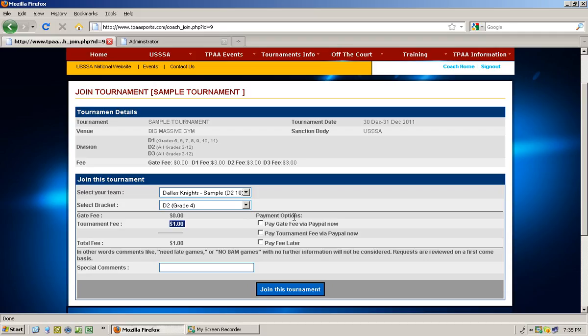Payment options. You will see that there are three selections here: pay gate via PayPal. Again, if we were charging a team gate here, you can pay the gate through PayPal. Again, typically we don't do that. If you wanted to pay your tournament registration fee via PayPal, which is our preferred method of payment, you can